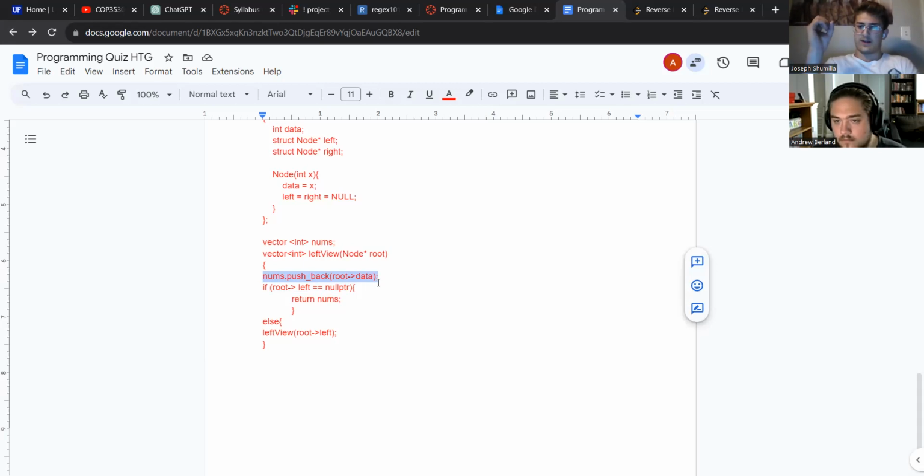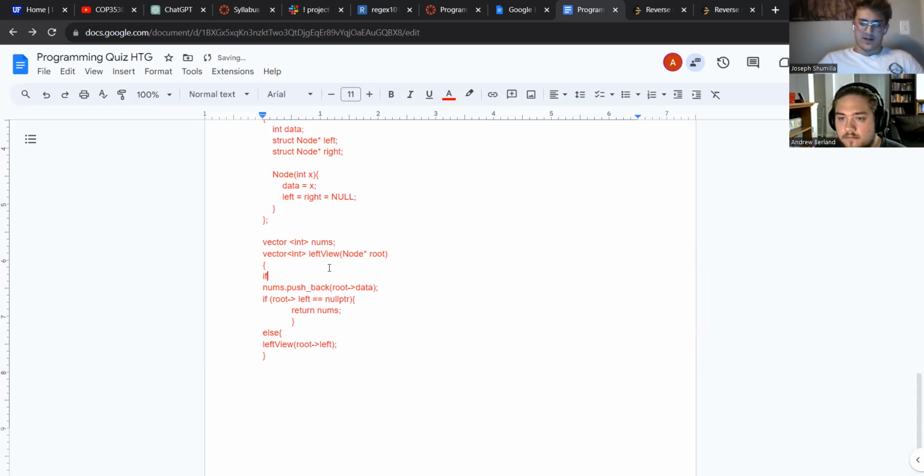So we're gonna be given at least a root, but could it be empty? It could be empty. Okay, the node root that you're getting could be just a null pointer to start with. So let's actually add that: if root equals null pointer,